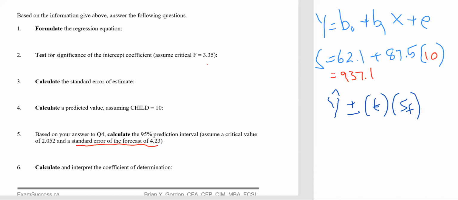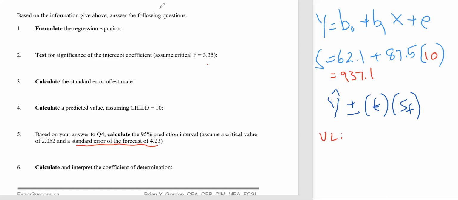Otherwise, I'll show you how to calculate it, but I really doubt that it's going back this far. So we're going to calculate from this an upper and a lower limit. To calculate the upper limit, UL,